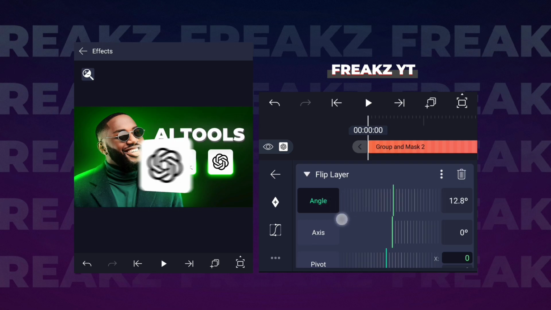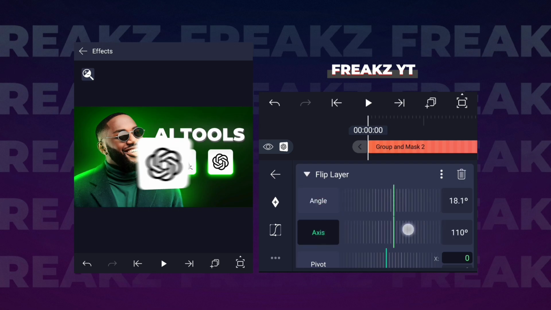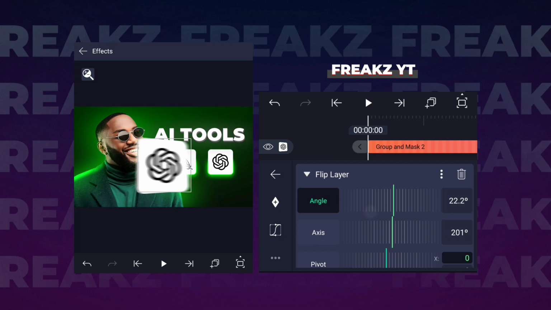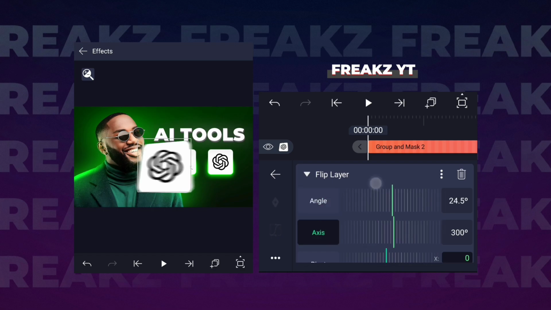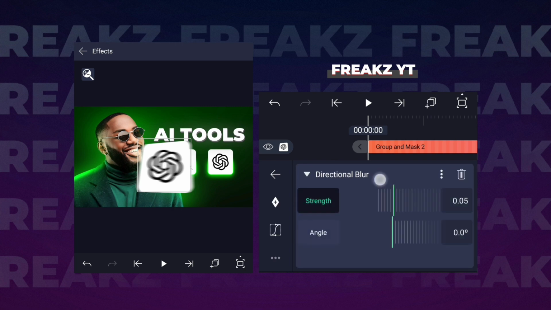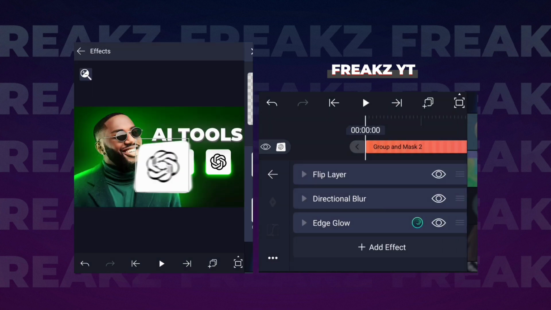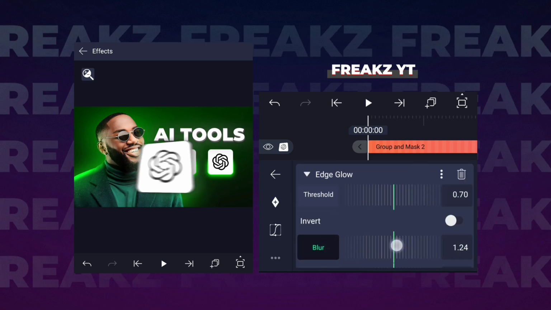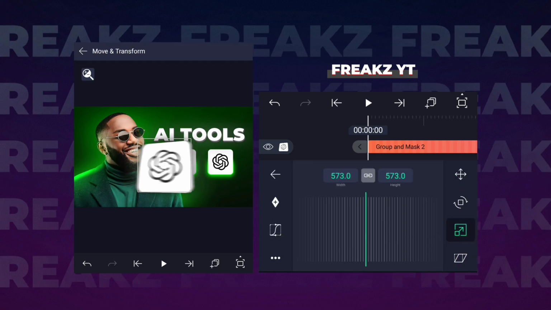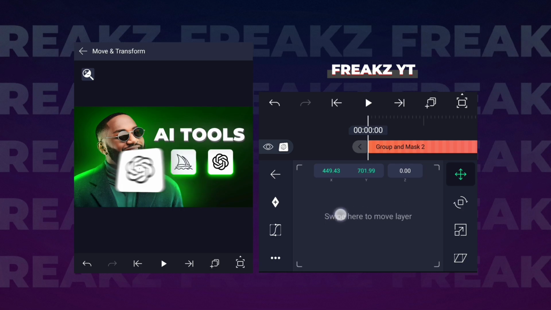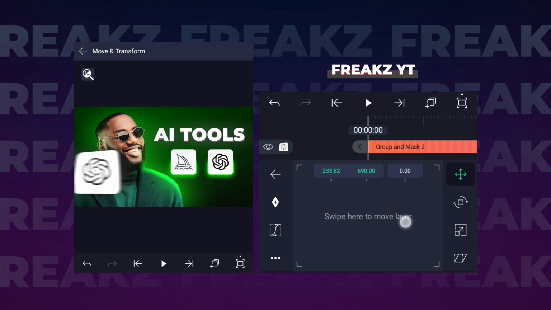We'll adjust the angle and axis. You might get confused by the angle and axis, so just follow my steps as I'm showing. This is the flip layer that I'm using, and then for glow we will use the same layer as the edge glow. I'm going to adjust the left one first.